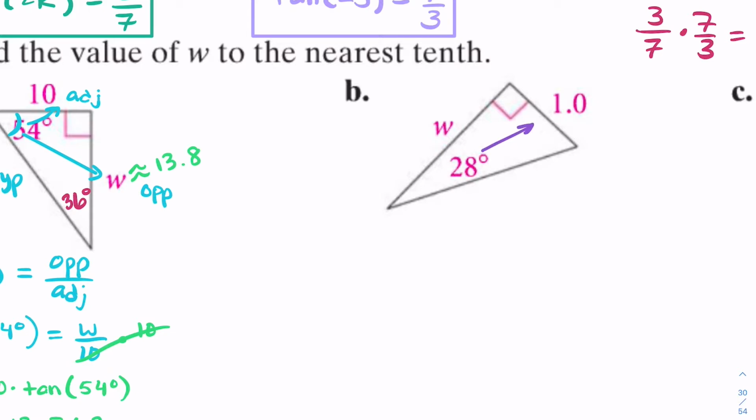This one's going to be opposite. This one will be adjacent. This will always be the hypotenuse, no matter what angle I pick. Notice I don't have to use 28. I could use this angle over here, right? But they already give me 28, so I might as well use that. So I'm going to do the tangent of 28